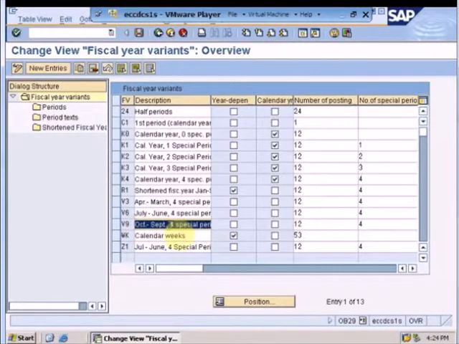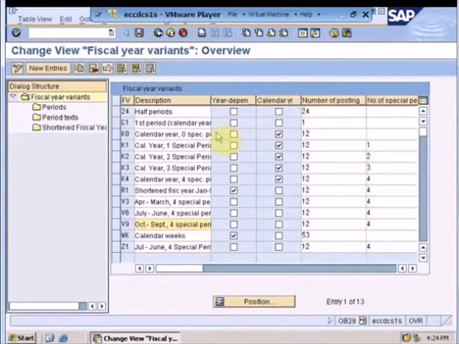history. Now, within year dependent fiscal year, we have two different types of fiscal year, which are a calendar year or a non-calendar year. A calendar year fiscal year means that the start would be from January and it will end in December. A non-calendar fiscal year could be either July to June, or it could be April to March, October to September, depending on the legal requirement of the company.